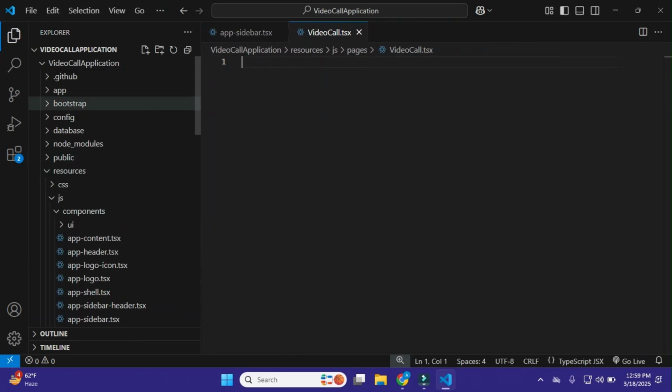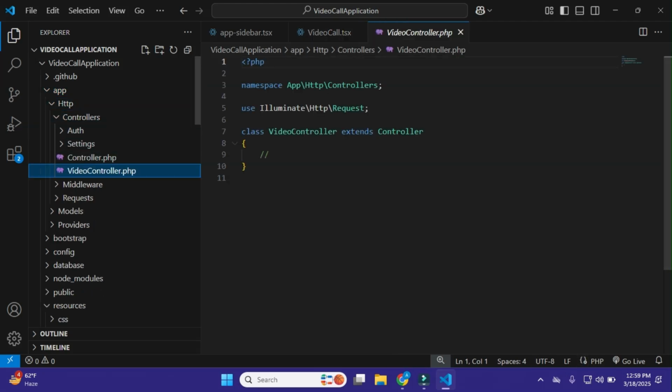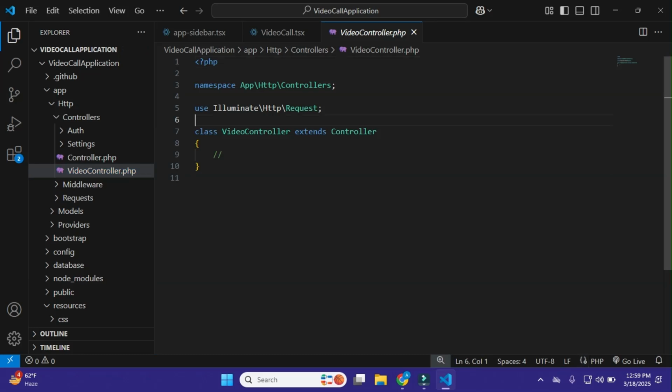Come here, go to app, http, controllers, and here I have the video controller. Within this I'll add the imports first. I'll use Inertia slash Inertia, and save.